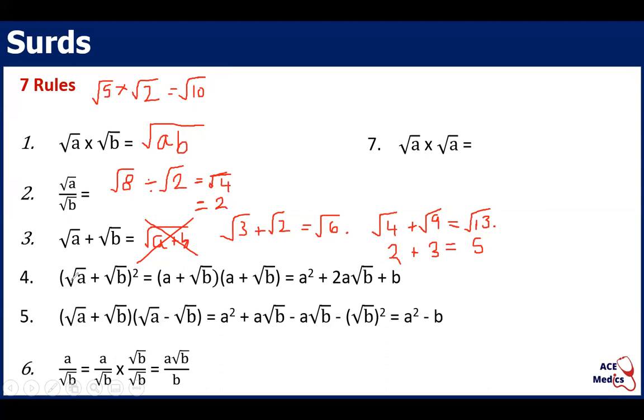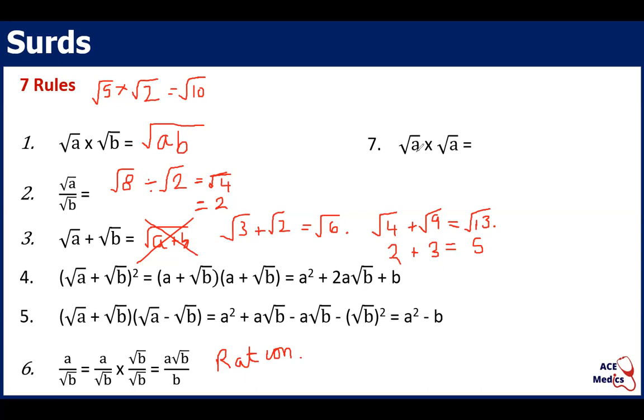Number 4, we're going to come on to in a second, so ignore that. Number 5, we're also going to come on to in a second, so ignore that too. Don't worry about those ones at all. Number 6, we are also going to come on to because that's our rationalizing. I'll just put ration. Number 7, our last one that we're mostly interested in at the moment, root A times